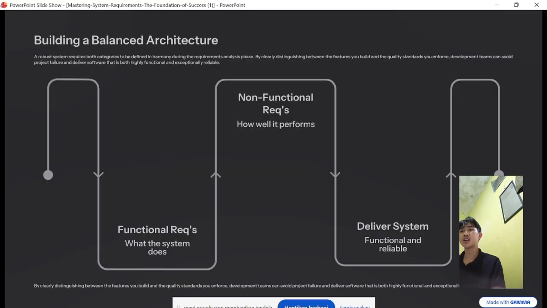Next slide. Building a balance. Here is the picture: non-functional requirements, what the system does, delivery of the system, functional, and quality. Okay,